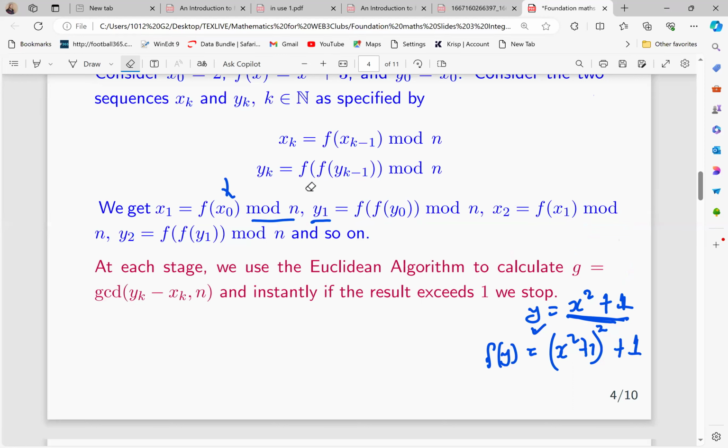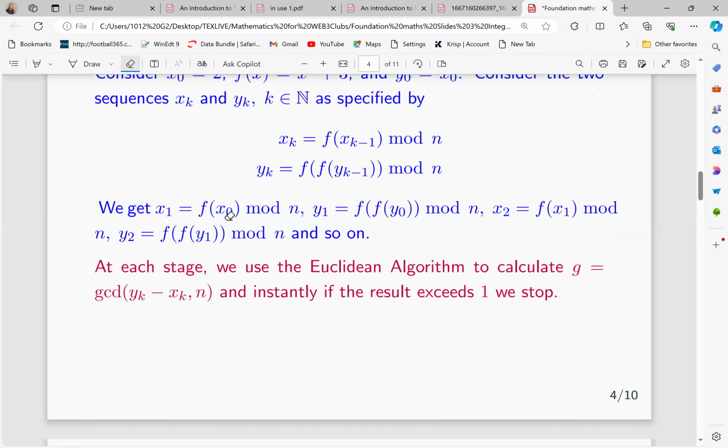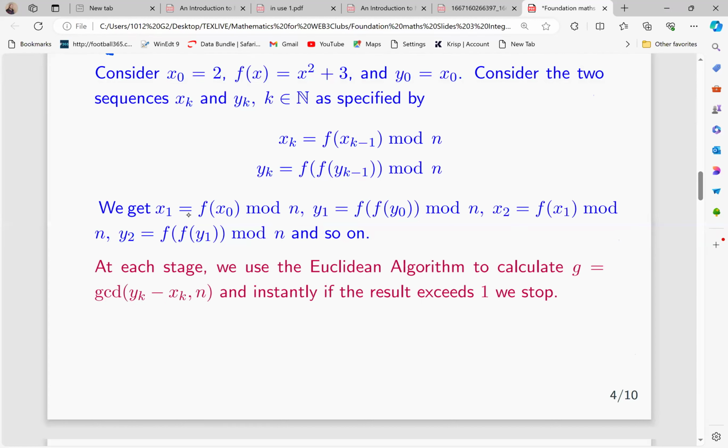What I've said is, we want to use this algorithm. And what we do, we set our initial values. Our initial values, we've said, let x naught be 2, and our y naught will also be 2. The initial ones will be the same, y naught and x naught. So you are putting these two at the starting point, all of them at the start line. But now you make y move faster